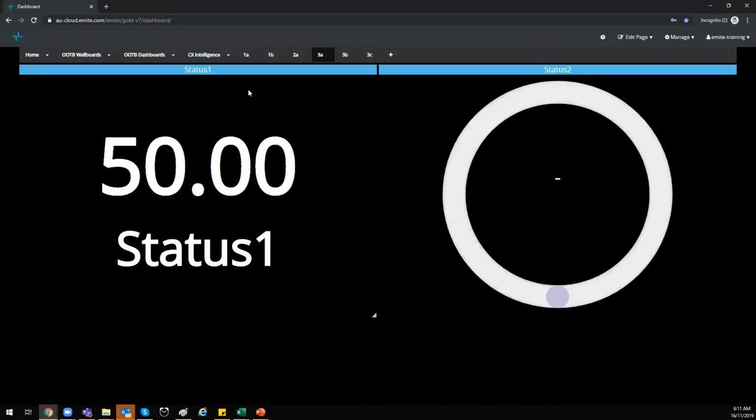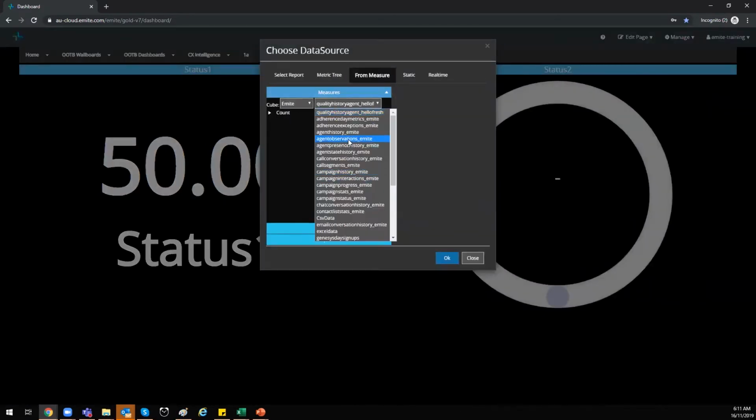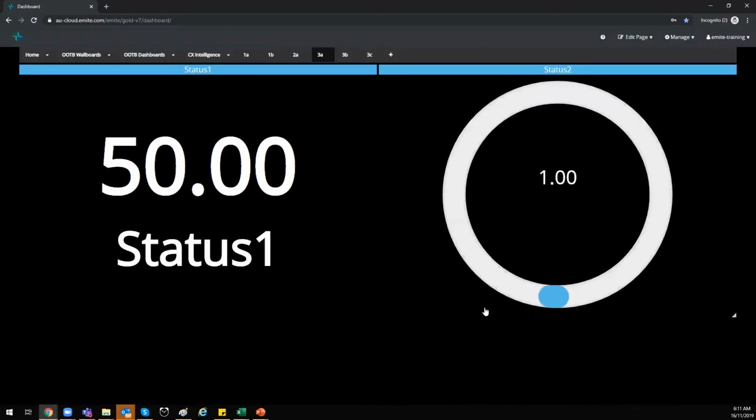So there. I'll change the static settings a bit later, and I'll do the same thing for the other data block we have here. Go to agent observations, and this time I want to see how many agents are busy. Just have one. All right. So now that we have the measures or the values for our status data blocks,